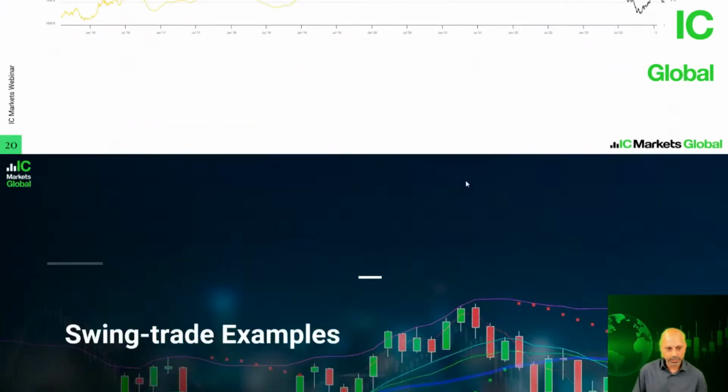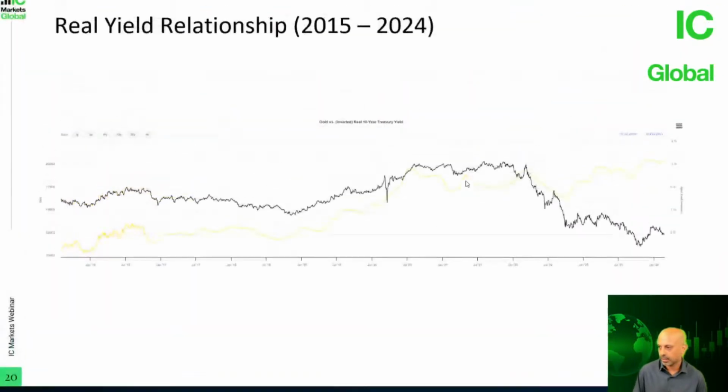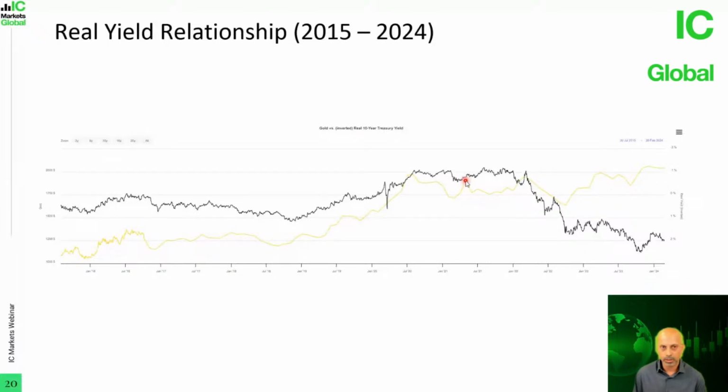All right, if there are no questions, then, wait, first of all, are there any questions with what we've covered so far? If not, then we'll head on to the charts on TradingView, and we'll try and see some examples of how we can identify suitable swing setups. If not, then let's just dive into the charts on TradingView.